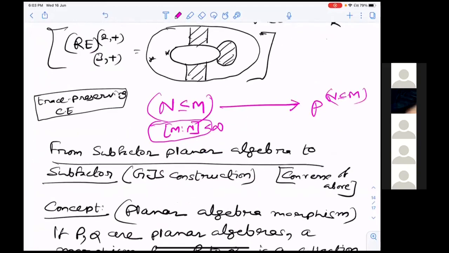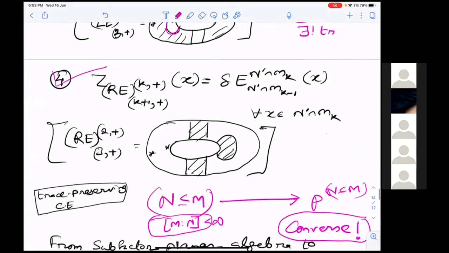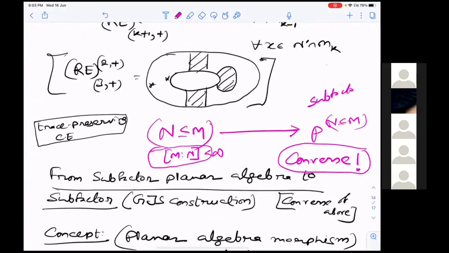Okay, so I have almost done. I will say something. But what is the converse? That is very crucial. So this planar algebra in Jones theorem will be a subfactor planar algebra. Subfactor planar algebra means a good planar algebra, which has all those good properties. Now, natural question, what is the converse? Given any subfactor planar algebra, can you cook up a subfactor? And that is a very deep problem actually.